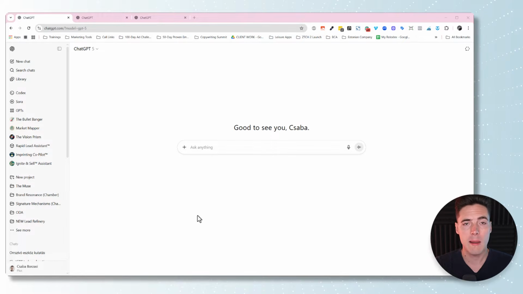Okay, so I'm going to show you 3 different examples. That's why we have 3 windows open here. The first one is going to be like the top section of a sales page or landing page selling an offer, and it's going to be like a mini course, let's say, that a lot of people can identify with. The second one is going to be a Facebook ad for cold traffic, and the third one